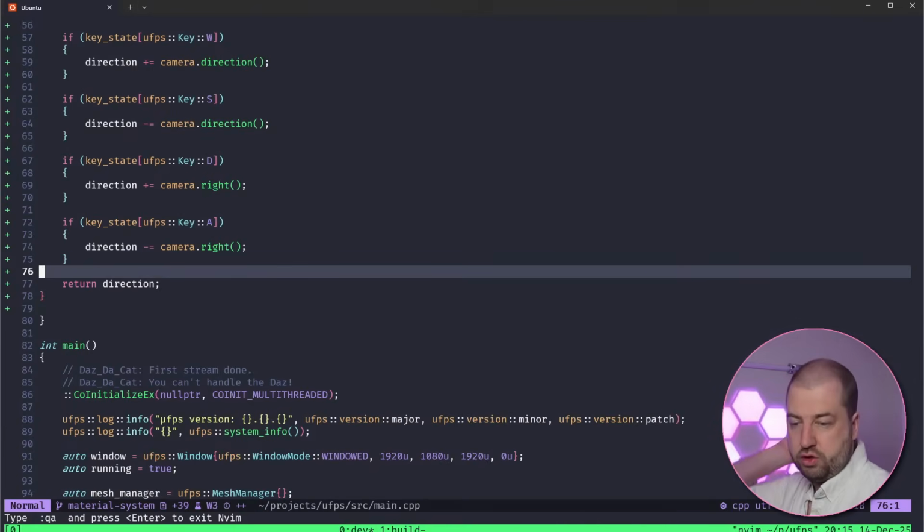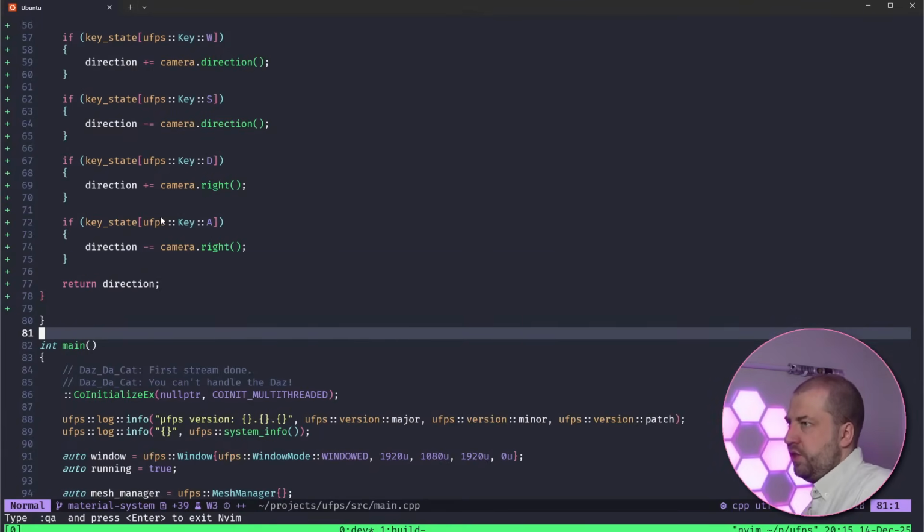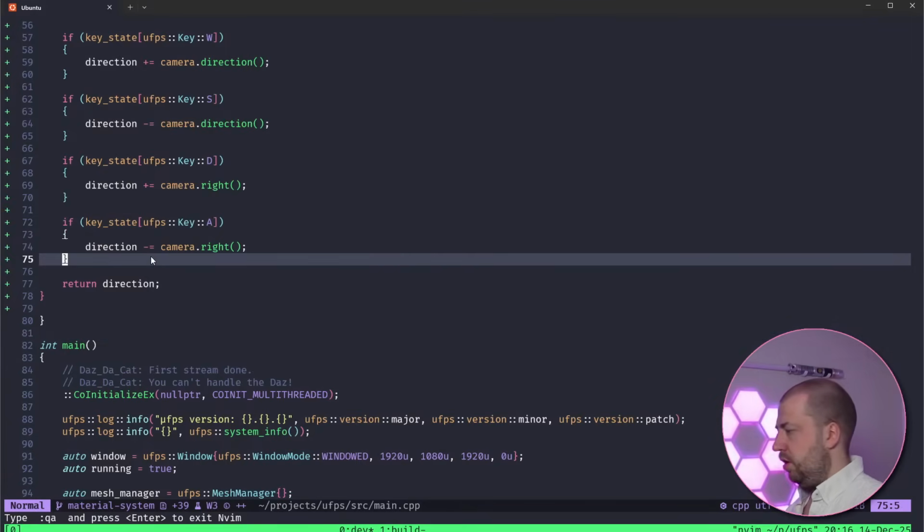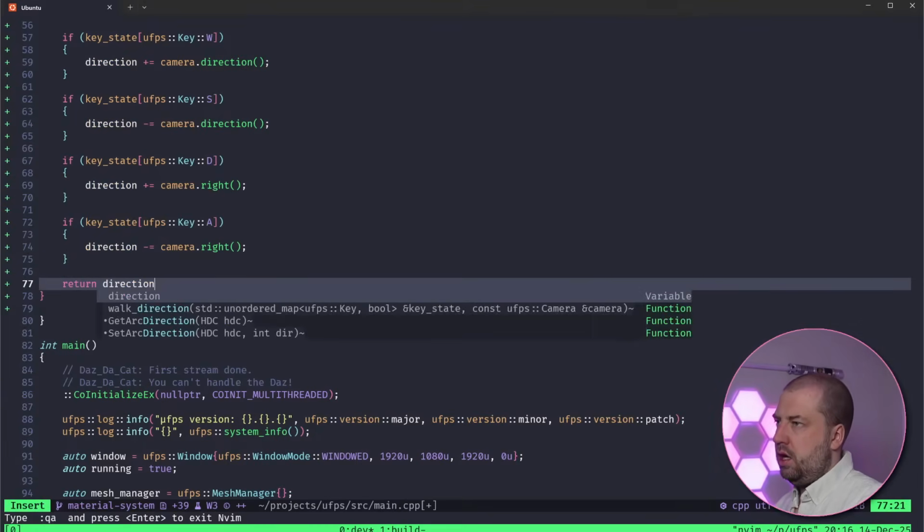Thank you, Julian. So this will give us a combined vector based on all the key presses, but what this means at the moment is that if you press forward and right, you will move twice as fast, because you accumulated both a forward and a perpendicular vector. So then we need to normalize it and then scale it based on the speed. So our final direction will be